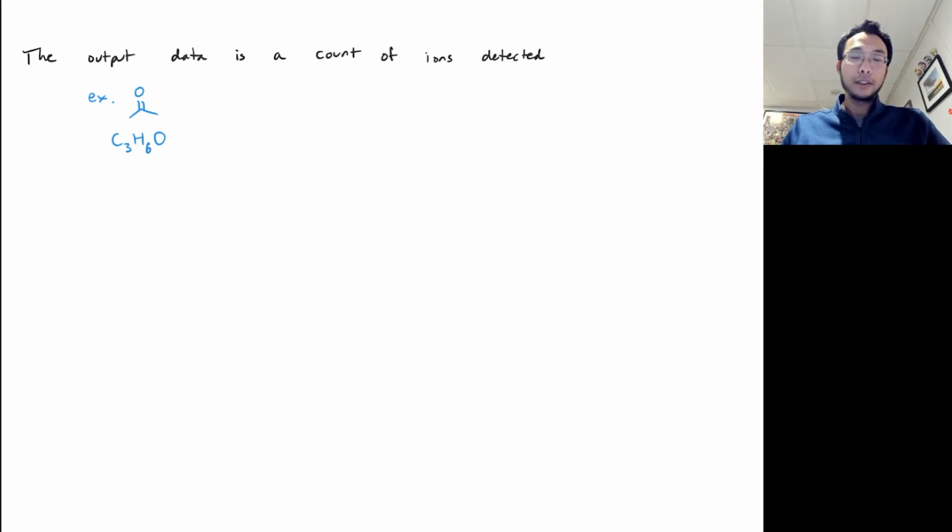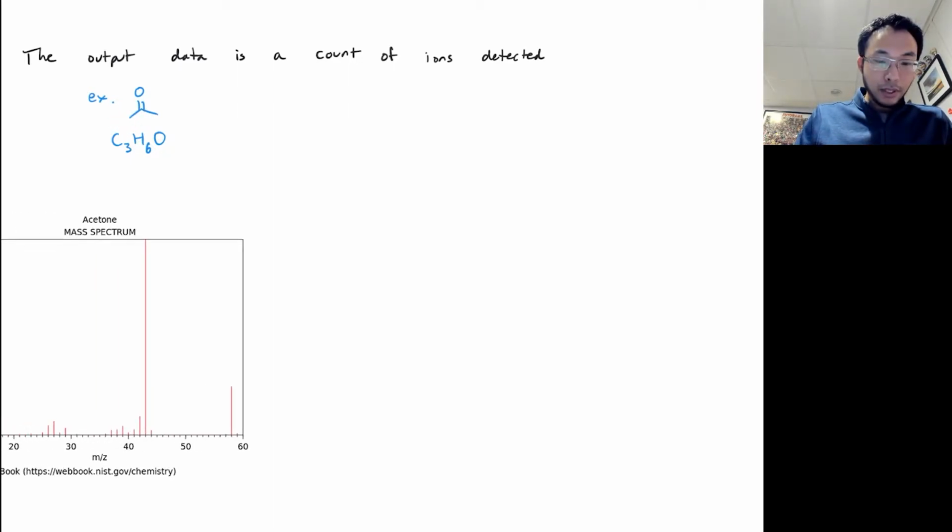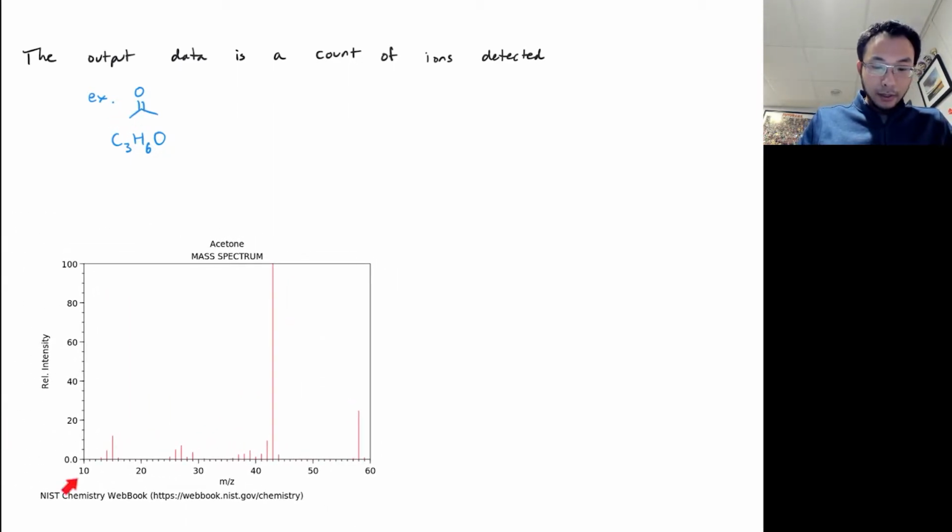The output of the instrument is just a plot or a histogram of the ions that were counted at certain m/z values. So I'll give you an example here for a molecule of acetone. The data looks something like this, where it's plotted with the x-axis being the m/z and the y-axis being given in relative intensity. We'll often see mass spectra expressed in relative intensity, where instead of giving you the actual number of ions counted, it's been normalized to the highest peak to be the relative 100